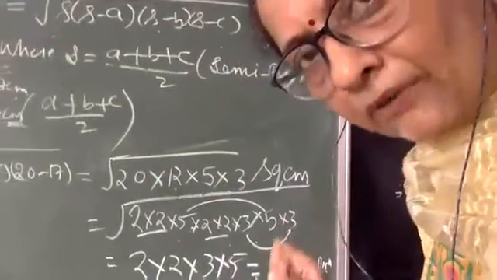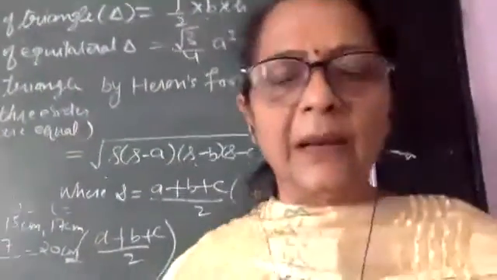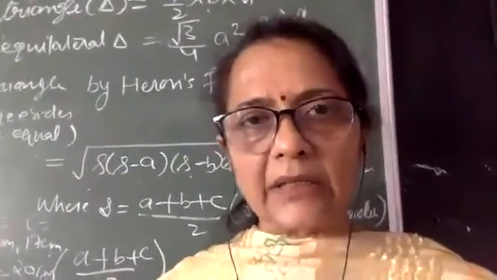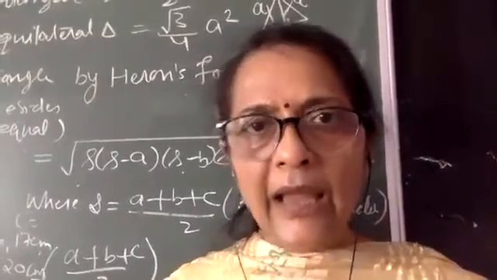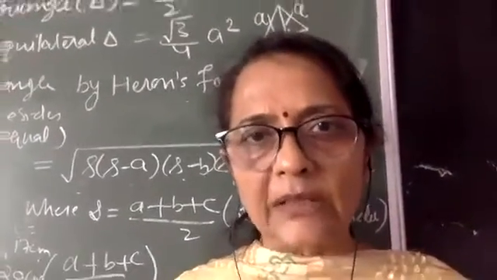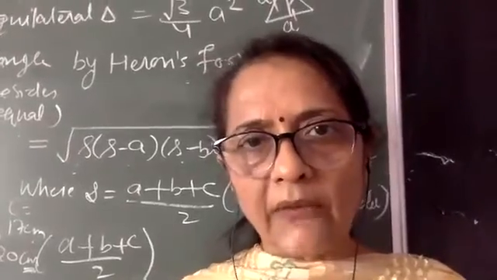So in this way, we always apply Heron's formula. So all of you, if it is understood, please tell me. So this is very easy and interesting. So you simply have to learn under root of s into (s minus a) into (s minus b) into (s minus c) as the area of a triangle where no two sides are given equal.